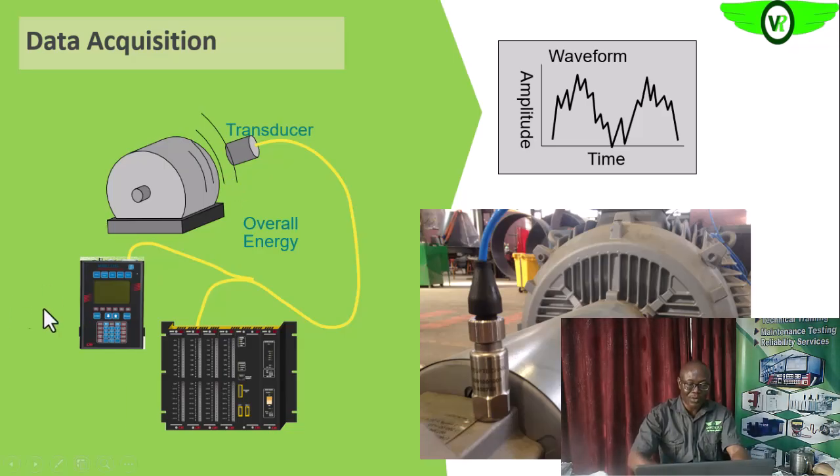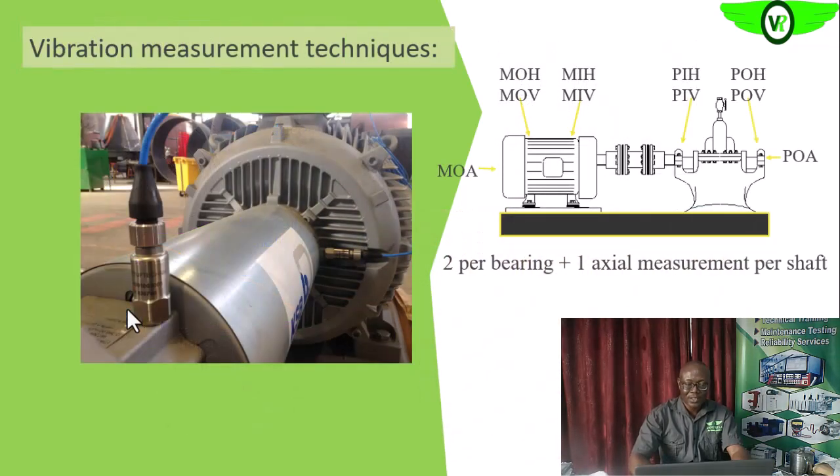Or else you acquire the information on your analyzer, then you go and dump it into the computer in your office, and further analyze the data that you have collected. So we have discussed this before. These are the orientations that you can place your probe, as you can see here, to get your